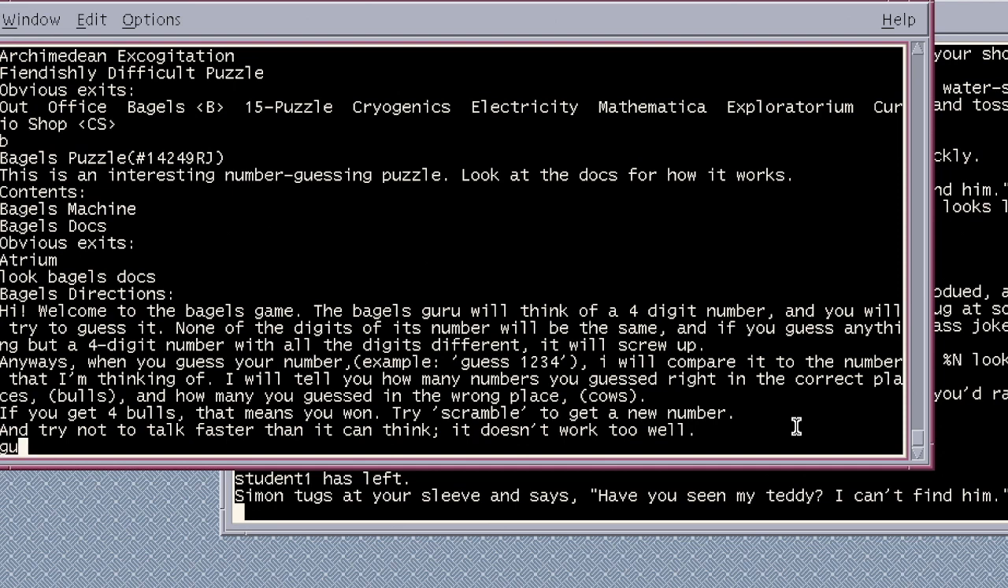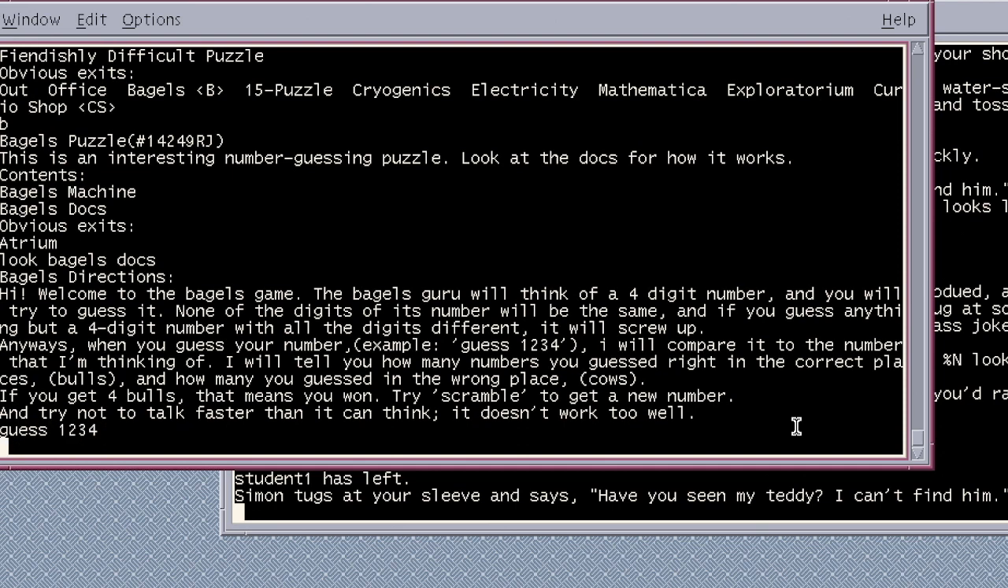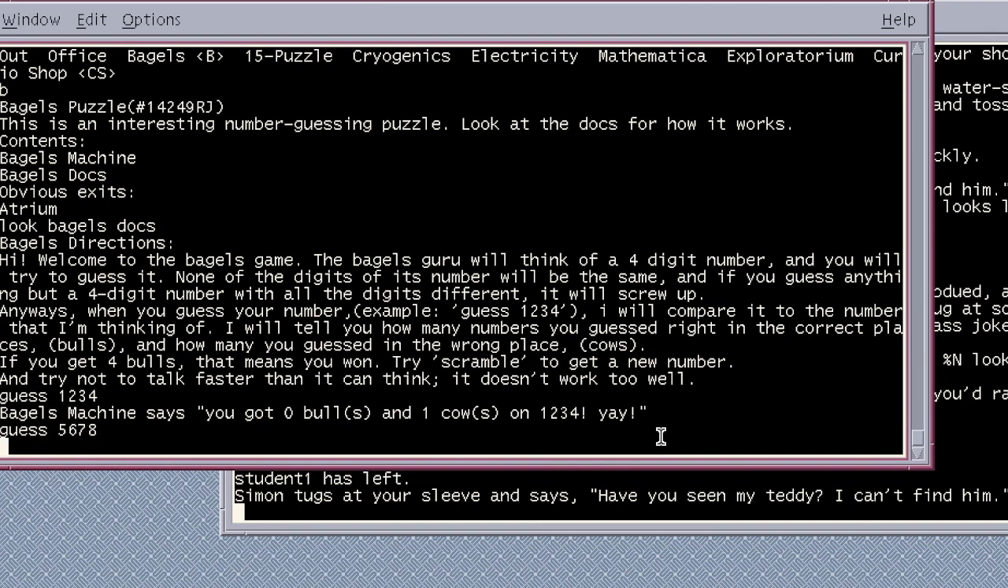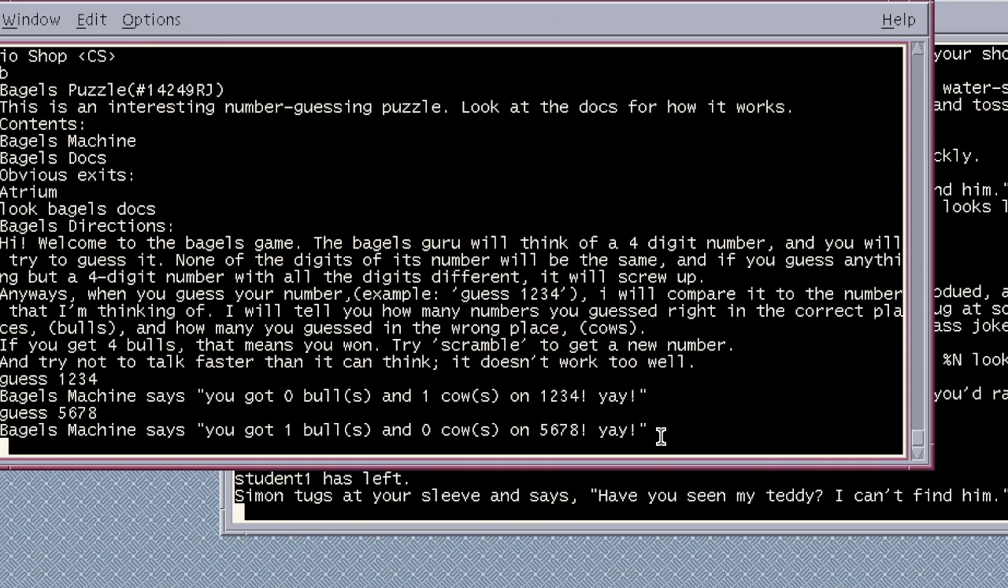So let's guess 1, 2, 3, 4. Okay, and it's thinking. The bagels machine says you got 0 bulls and 1 cows on 1, 2, 3, 4. Yay! So one of these numbers is in the number, but in the wrong position. Guess 5, 6, 7, 8. Okay, so you practice your patience as you wait for a machine to respond. Now, one of these numbers is in the correct position, but I don't know which one. So let's guess